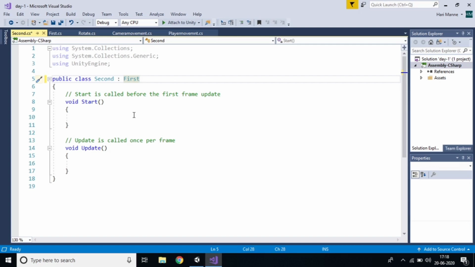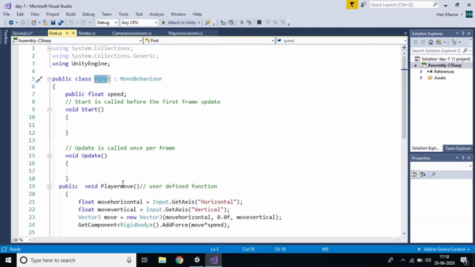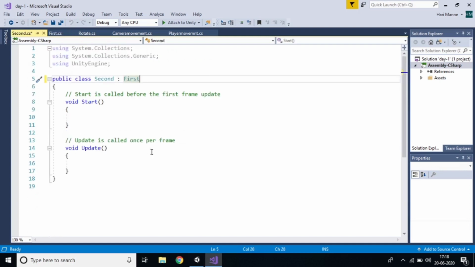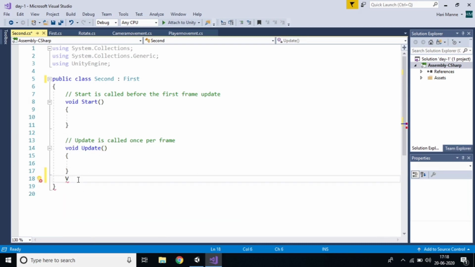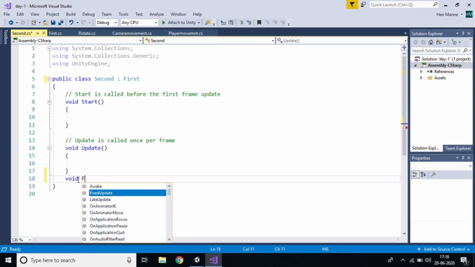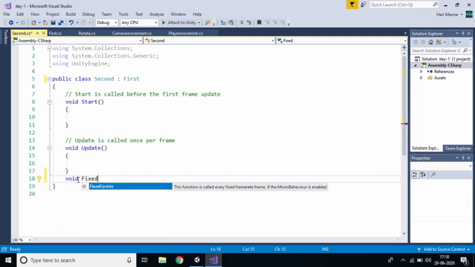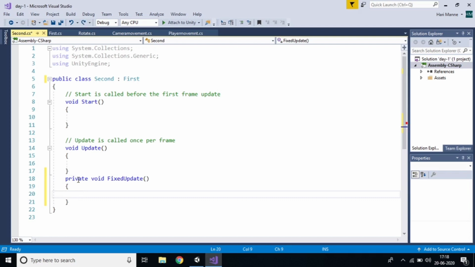Very good. Now I want to access this method, this user defined function, in our second script. Actually we can access it in void Update also, but I want to move the player for every frame, so I'm using void FixedUpdate.